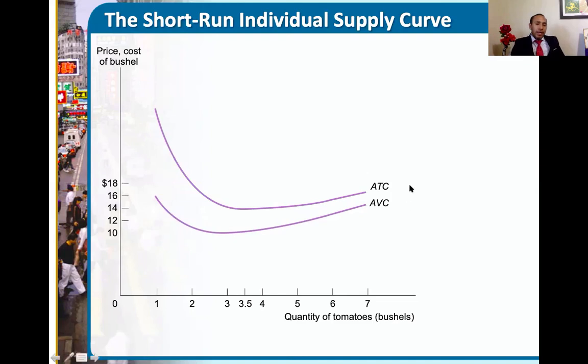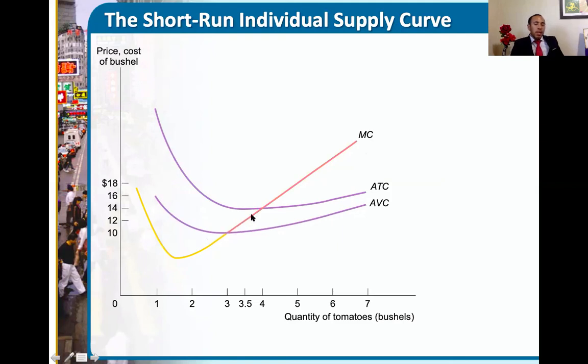And it's actually coming from the marginal cost curve. The marginal cost curve, in this case indicated by the yellow-orange curve, intersects the average variable cost curve at its lowest point, point M,